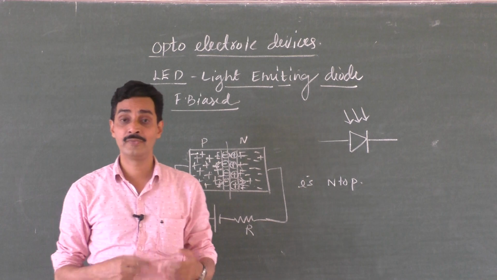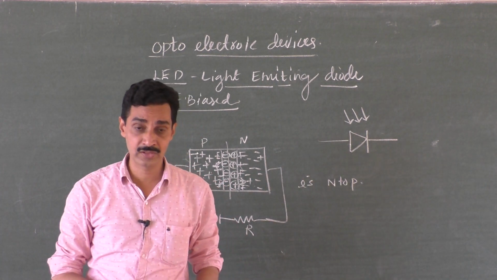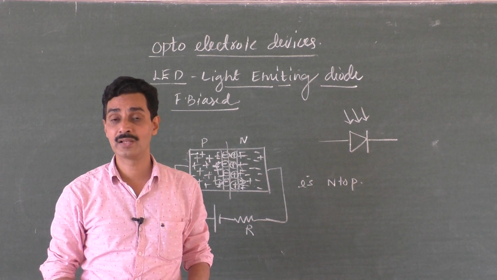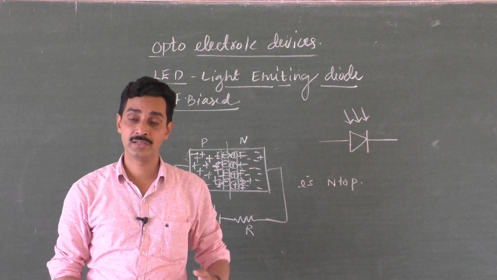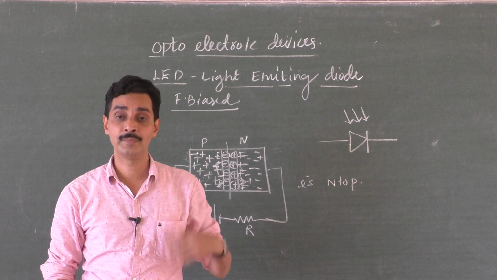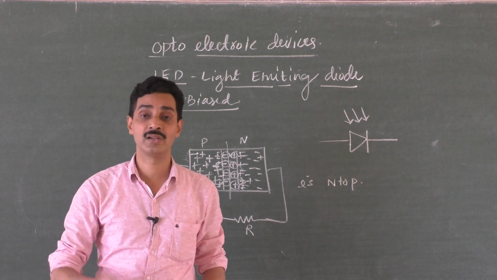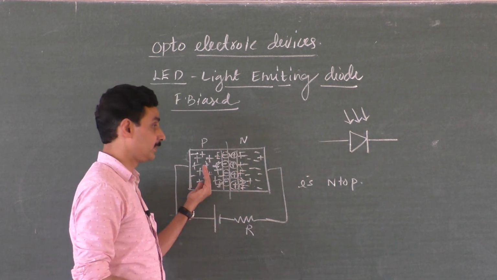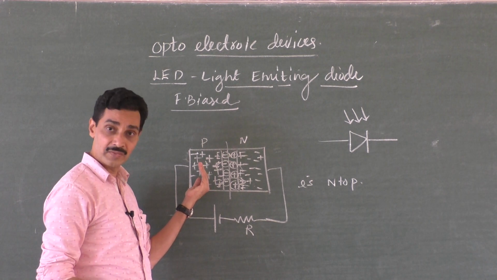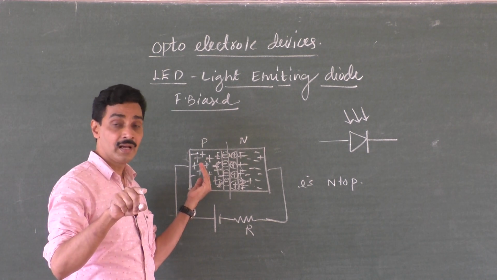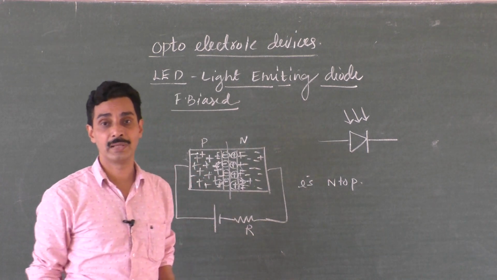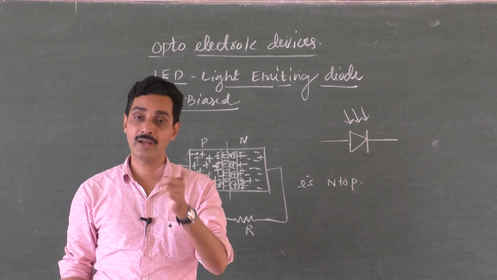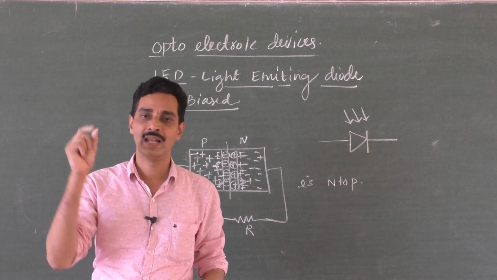So you were free, you had 10,000 rupees in your hands. Now you have a 20,000 loan. What do you mean by that? You have lost 30,000 rupees. 10,000, 0, minus 10, minus 20. It's totally 30,000 you have lost. These electrons will become bound electrons because they have combined with the holes. That means they have filled that bond which is vacant, and now they are not free. They have lost some energy. That lost energy will appear in the form of light.